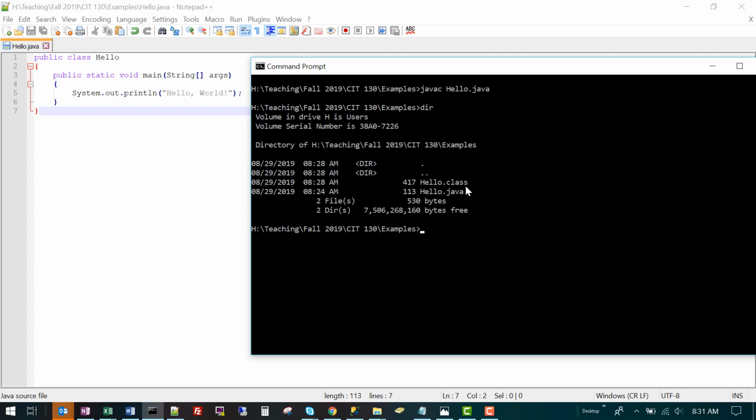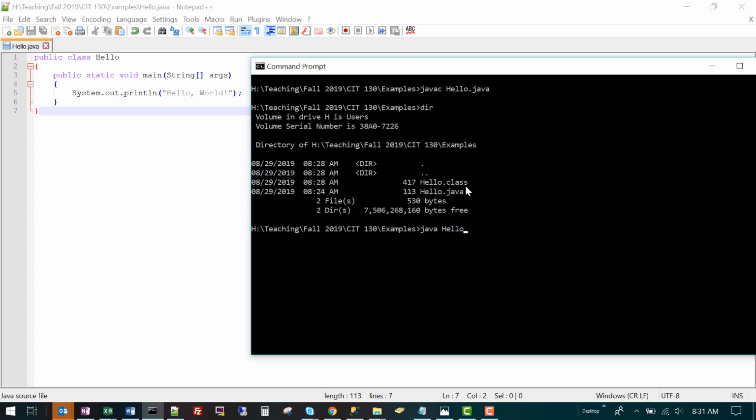And the bytecode is what runs inside of the Java virtual machine. How we do that is we invoke the virtual machine by using the command java, and we send it the name of our class file. We do not put .class after the file name when invoking the virtual machine.